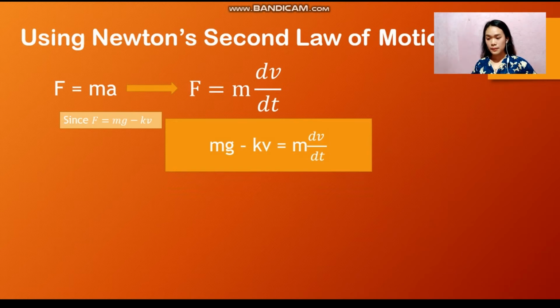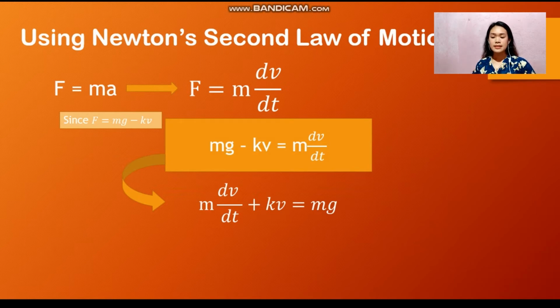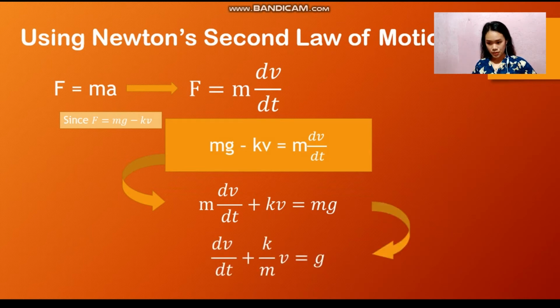So, ang i-plus lang natin ngayon, both sides ay positive kV. So, yan na ngayon siya: M times dV over dt plus kV is equals to mg. This is a linear first order differential equation. Kaya, i-simplify lang natin siya sa kanyang standard form, which is dV over dt plus k over